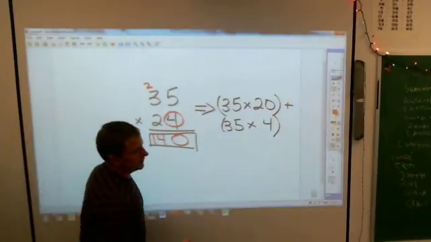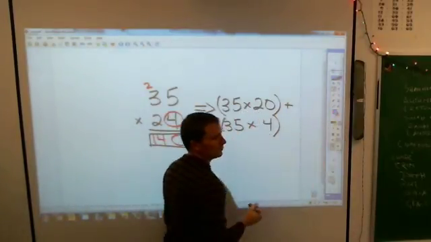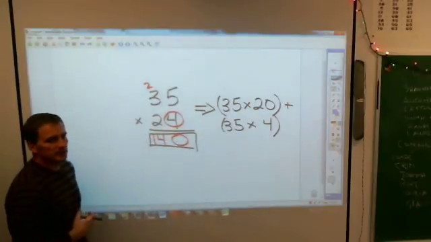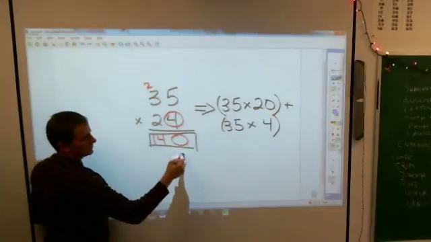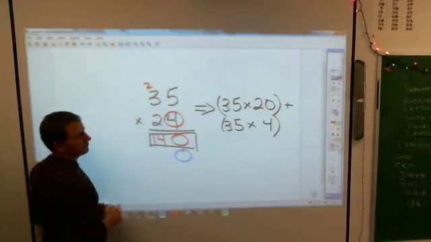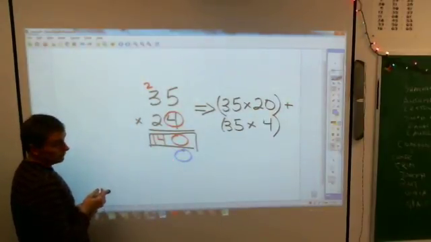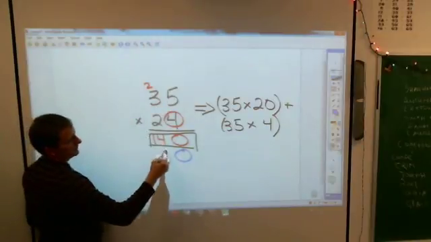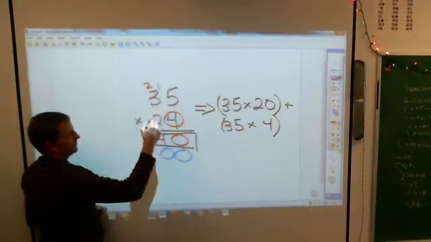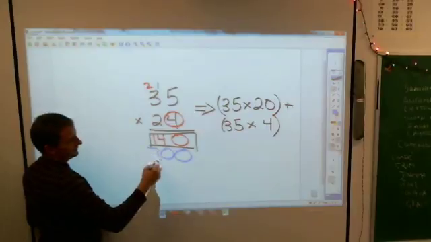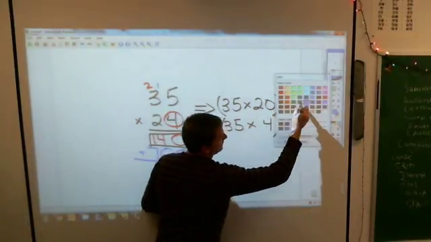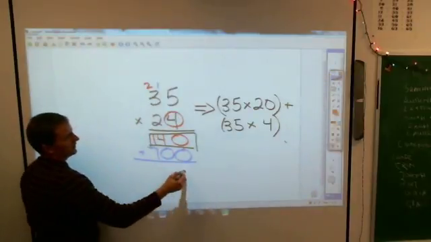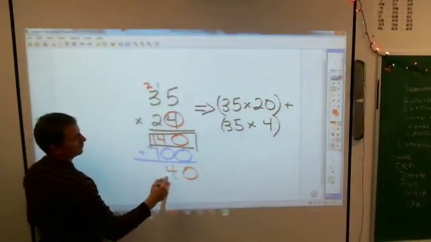Now this is the part where people get goofed up. Do not forget, what do I have to do in my next step? You must, because this is in the tens place, put a 0 down because you're multiplying by 20, not by 2. And then 2 times 5 is 10. 2 times 3 is 6, plus 1 is 7. And then we add all that up in some other beautiful color, and we get 0, 4,